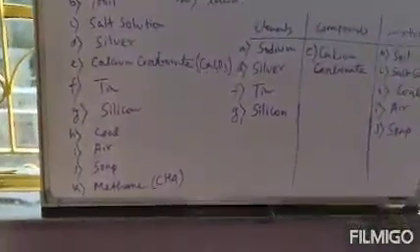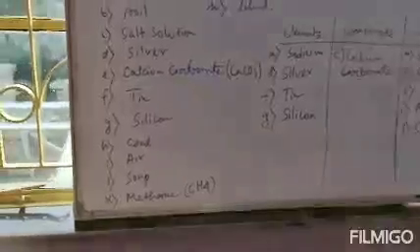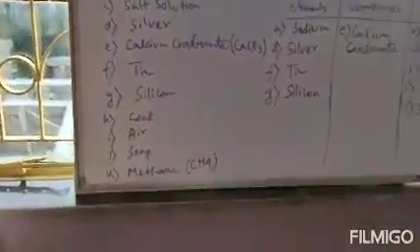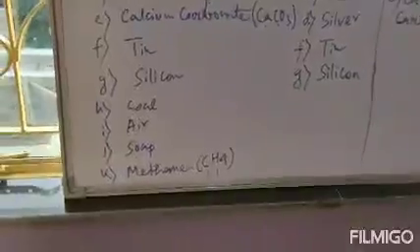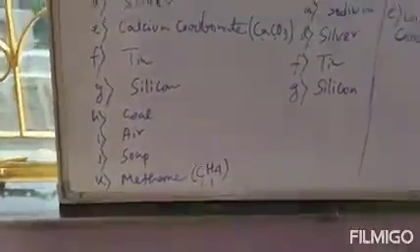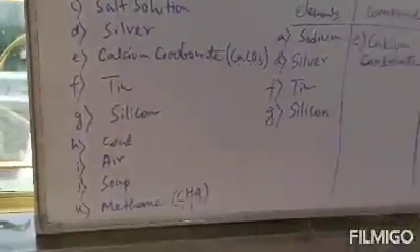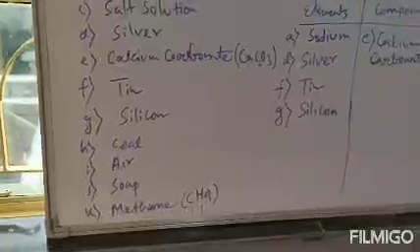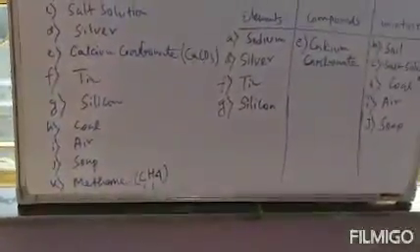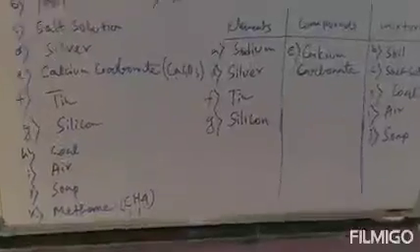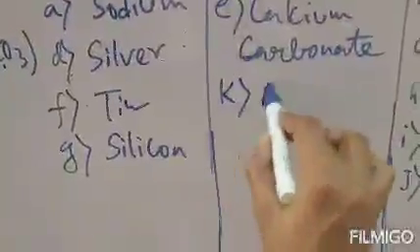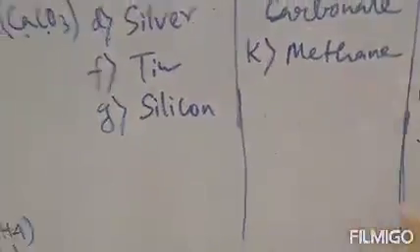Clear? Next is methane. The formula of methane is CH4. It is a gas. It is composed of carbon and hydrogen, and both of these are elements. Carbon is an element, hydrogen is an element. That means two elements are grouped together to form methane gas. So by the definition of compound, when two or more elements group together to form a substance, they are termed as compounds. So methane is our compound.